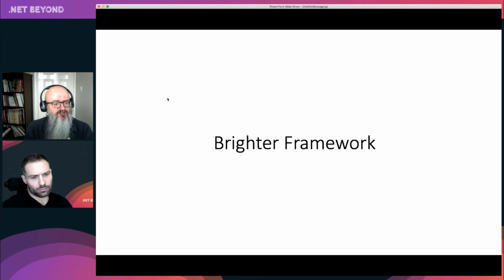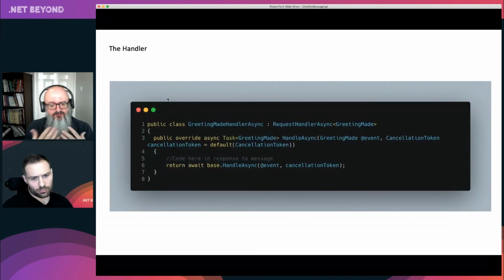You want to receive a message and then just act on it. So effectively, you want to fill in one of these, and you can think of these a bit like when you write a controller in a web application, right? You're used to the idea of: I've got some HTTP in, it's turned basically a POST or whatever into a call to me, and it's given me some parameters. That's exactly what we want to do in messaging.